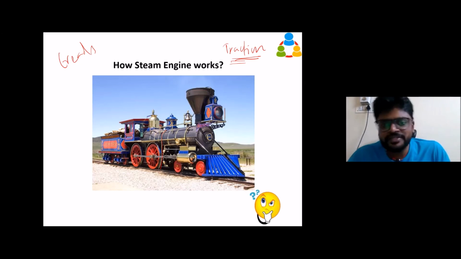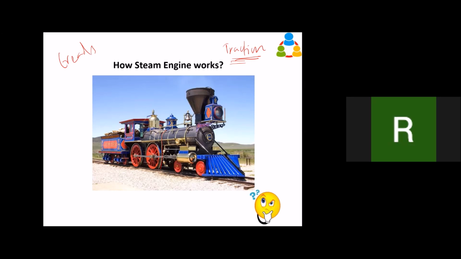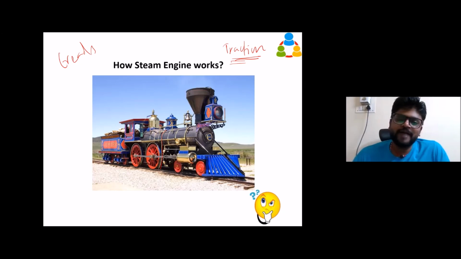When the coil is rotating inside the magnet, what will happen? What will happen when the coil rotates inside the magnetic field? They'll keep on rotating. No. When the coil rotates inside the magnetic field, the coil cuts the magnetic flux. When the magnetic flux linked to the coil changes, this word you have heard somewhere. Magnetic flux linked to the coil changes, what will happen? It's a beautiful law, Faraday's electromagnetic induction.